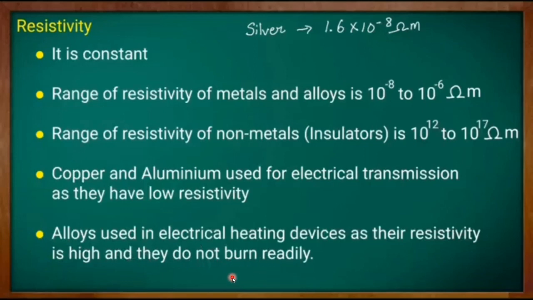Now, we have already studied resistivity, children. Let's quickly recap what we studied today. We first took the example of Ohm's law. We tried to understand what Ohm's law is actually telling, and after that we saw the statement of Ohm's law, then the mathematical relation of Ohm's law, and then we studied resistance, and then we came to resistivity and also the factors which influence the resistance of a conductor. Okay, I hope you have understood all the concepts I have told today.